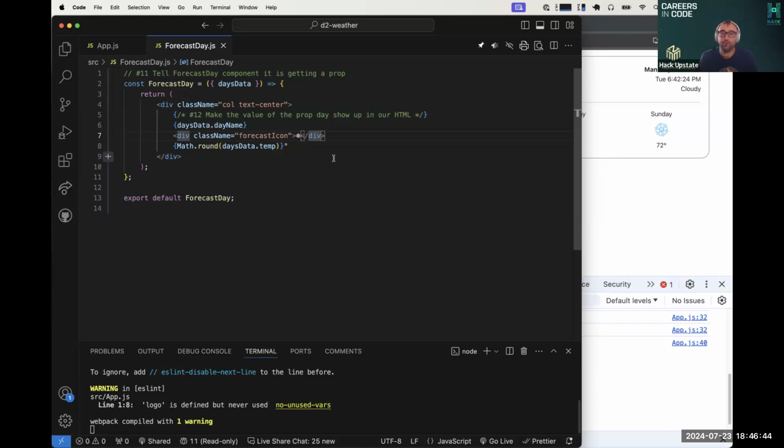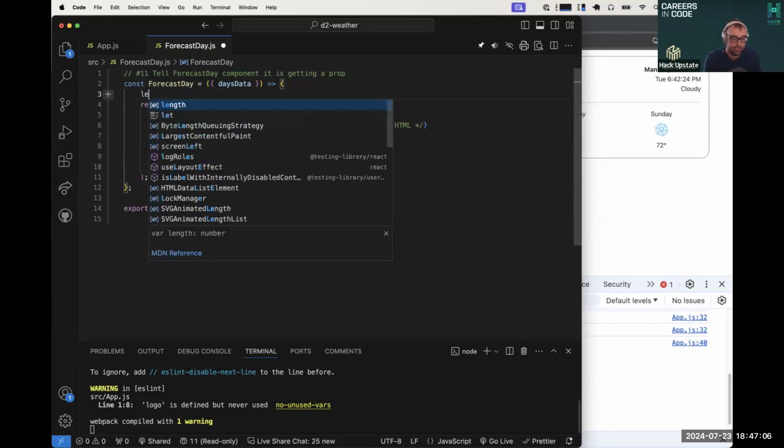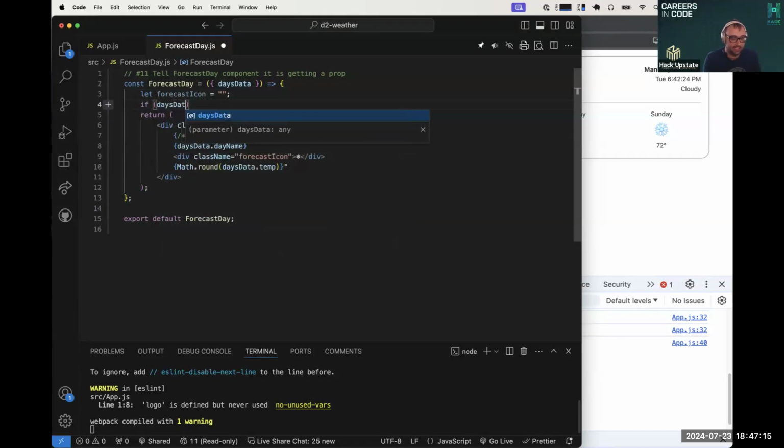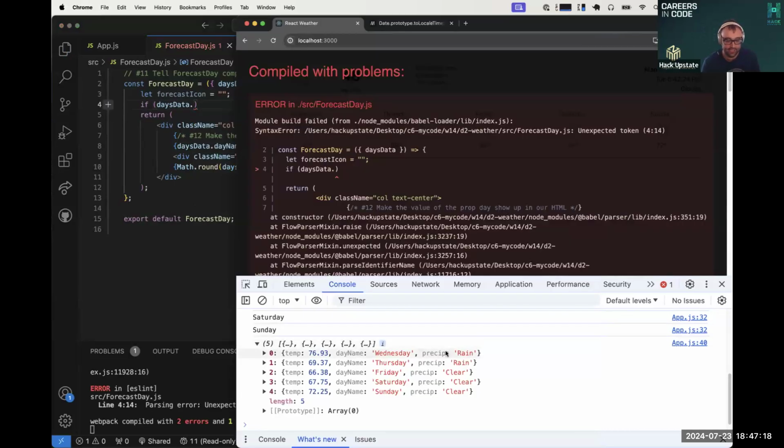Well, we could try and do that inline with ternary operators, but that gets really messy. And it also sounds like something that we already know how to do in JavaScript, right? We already know how to write if statements based off of some conditions. So we can take advantage of that and in JSX combine those two concepts together. So I'm going to say let forecastIcon equal an empty string. And if the day's data dot precip